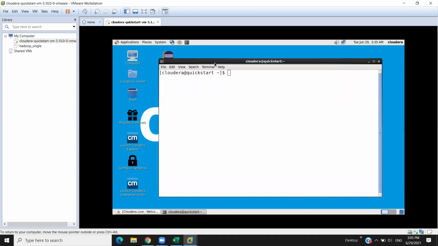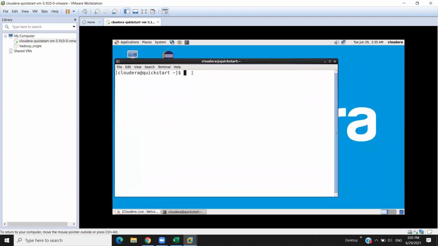So suppose I write a file with gedit, and I'll create a file named bit.txt,